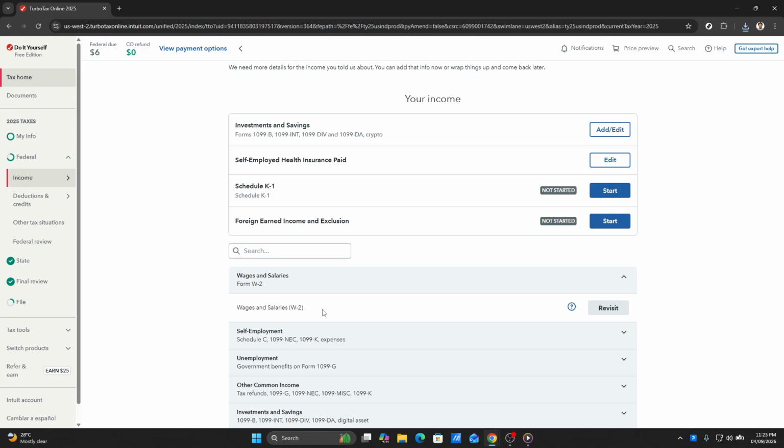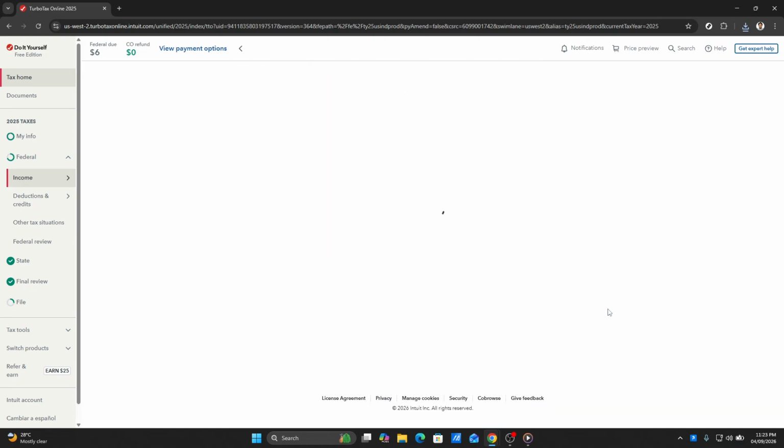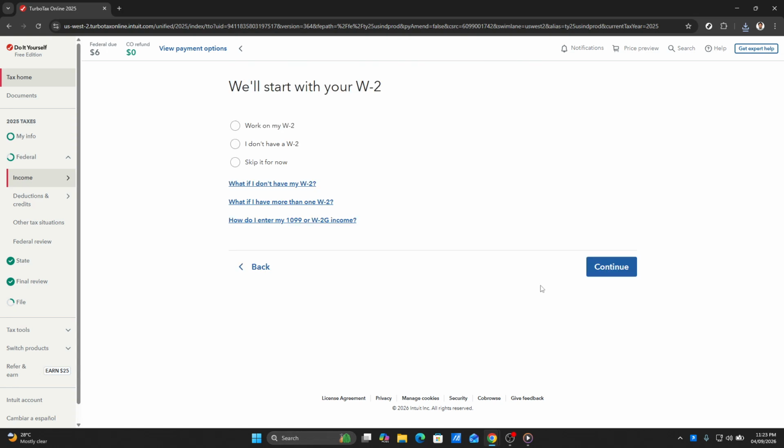To edit your EIN, click on Revisit next to the W-2 information. This will take you to a screen where you can review and edit the details previously entered. Ensure you have your W-2 form handy, as you'll need to cross-check the EIN number listed on the form against what's entered in TurboTax. Make the corrections if necessary, ensuring that the EIN on your W-2 matches exactly with what